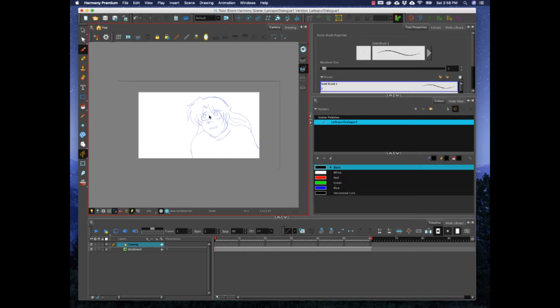Okay, and the image imports in a little bit smaller than the stage. That is not a big deal at all. That's easy to rectify. So right now there's no other graphics in here. If there were, then it would depend on how big the graphics are compared to the stage. That might change our tactic. But since this is the only thing in here right now, all we could really do, or the easiest thing